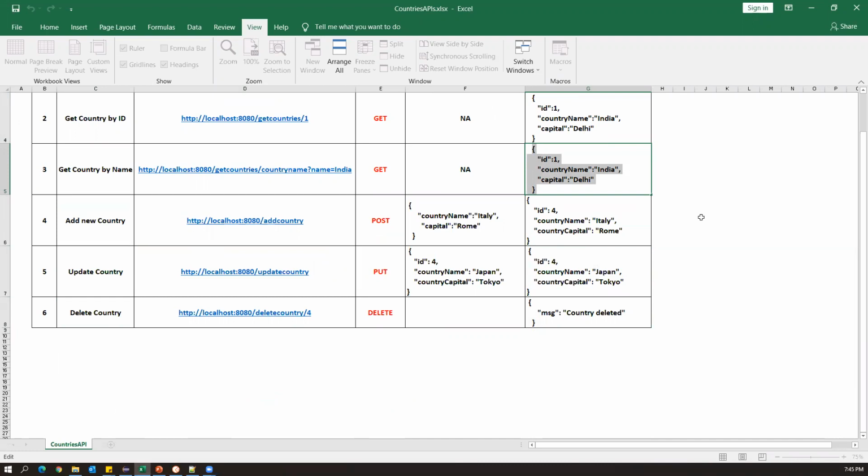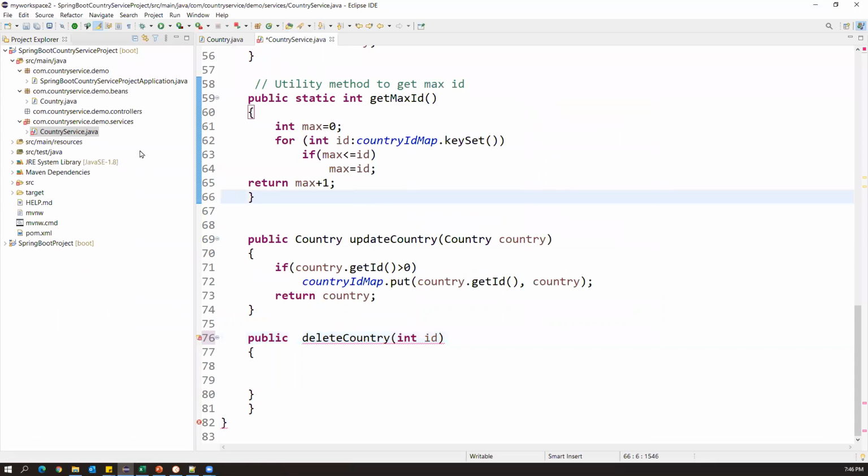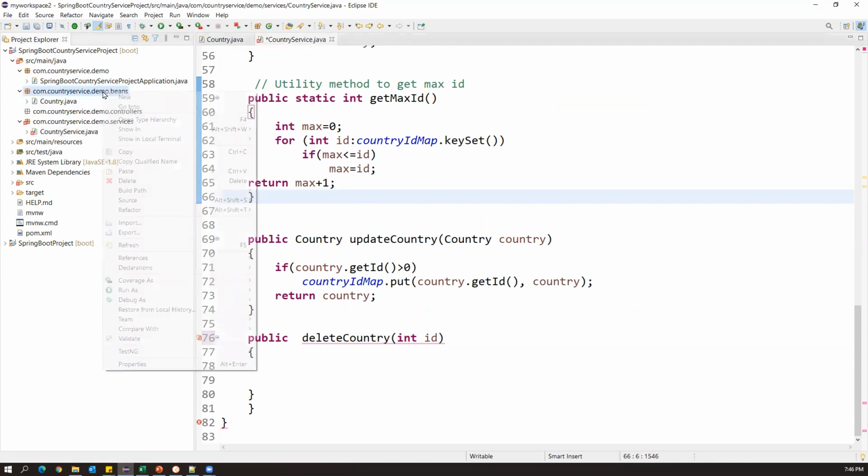To display the ID, country name and capital in the JSON format, we already have the country class, which is a Pojo class, right? Bean class is already there. But to represent this kind of data, here we don't have any country name or capital. It's just a message. So for that we need to create one more bean class. Only for response. Later on we will use that response class for multiple purposes. For now I'm just using that Pojo class only for displaying the response message, because this is not part of the country object.